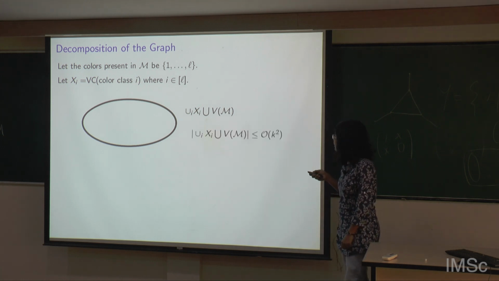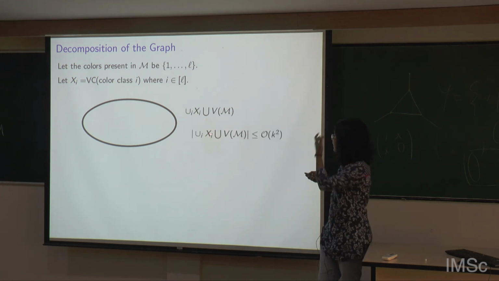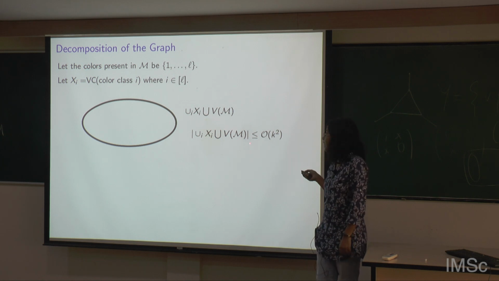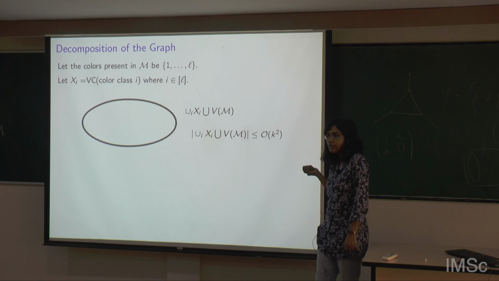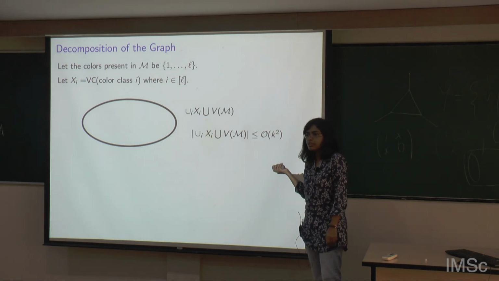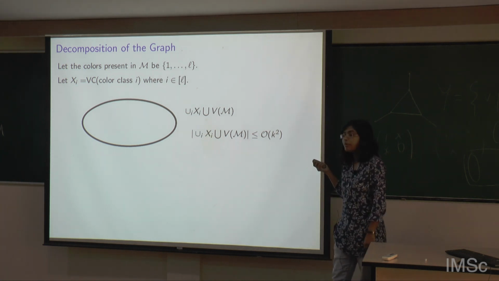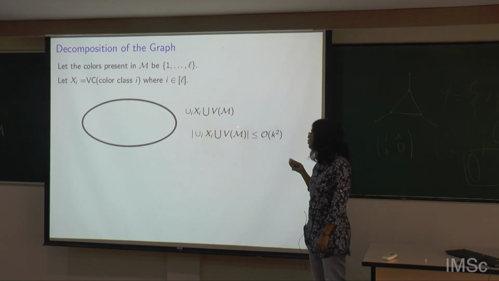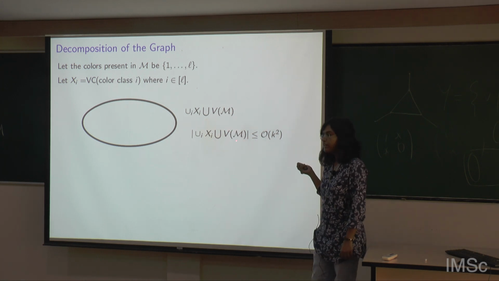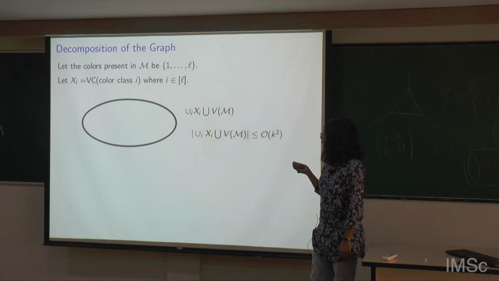Now what is the size of this? If my M had size at least k, then we are done, right? Because we are looking for a colorful matching of size at least k. So M has size strictly less than k, and here I have